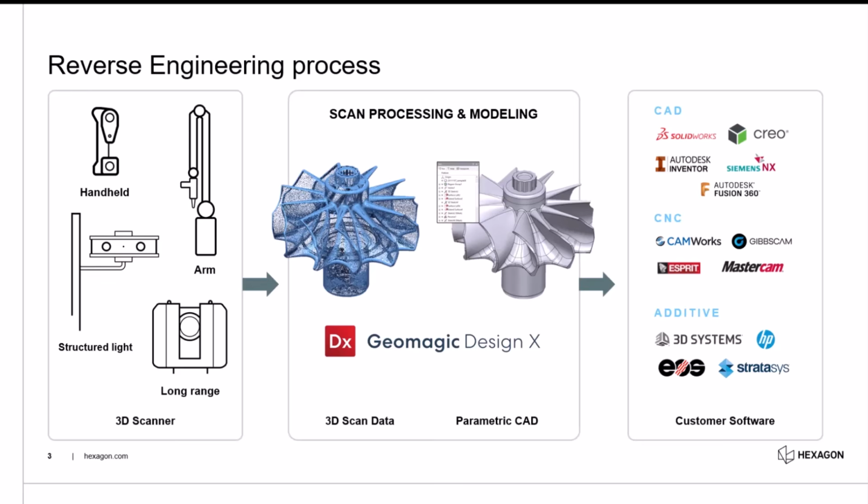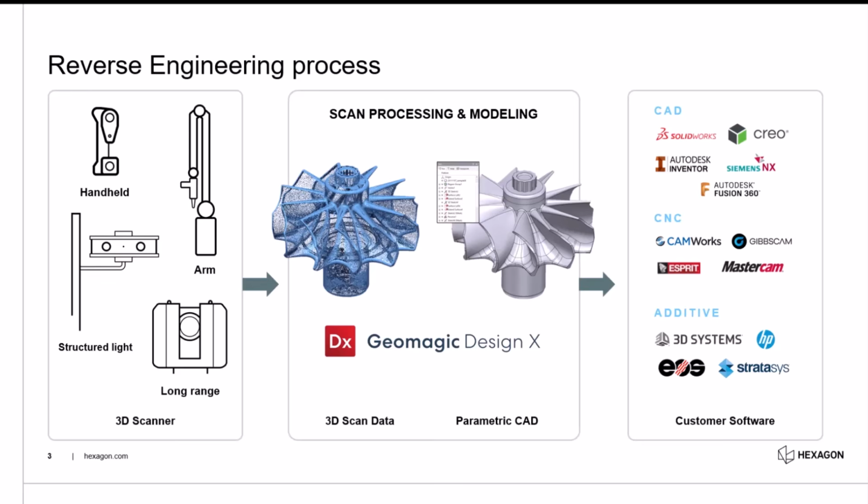We're creating this type of data and people were trying to load it inside of CAD, and we're struggling a lot because CAD wasn't designed for this type of information. Enter Design X. We create this software that is a parametric CAD modeling kernel with a 3D scan kernel all in one space, right? So then we take this data, do the heavy lifting, and then we extract model information